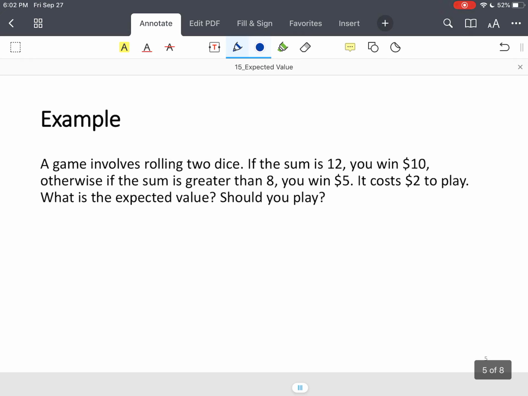All right, so moving on. Let's say we've got a game involving the rolling of two dice. If the sum is 12, you win $10. Otherwise, if the sum is greater than 8, you win $5. Okay, the cost to play